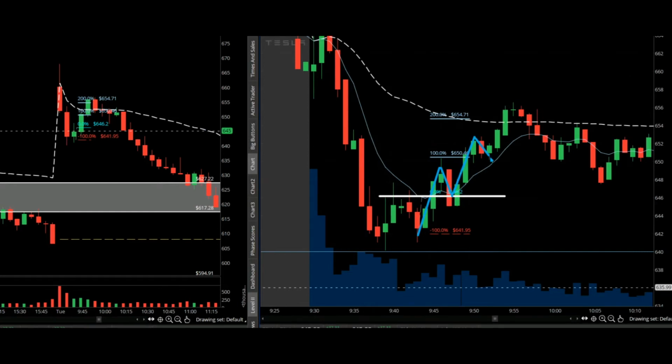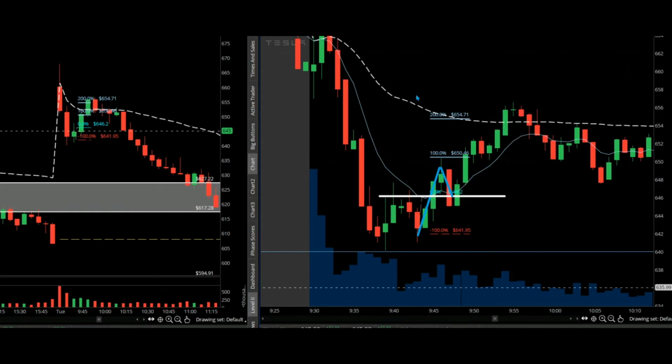We came up, retraced, and then there was a breakout right at this level right here. So this was a breakout, and then we shot up. Now, of course, it didn't go up very high, and I would not have taken that breakout because we were going right into VWAP. But you can tell we shot through VWAP. Then we have,